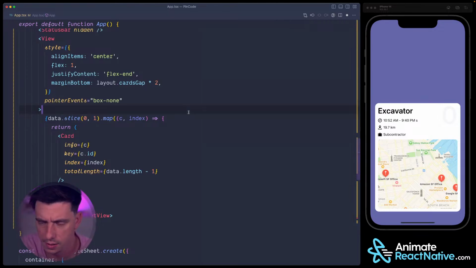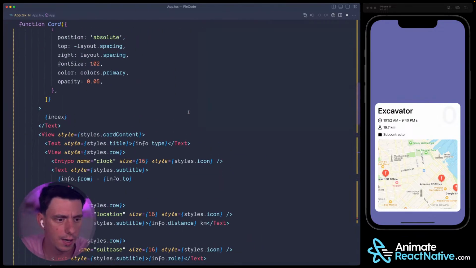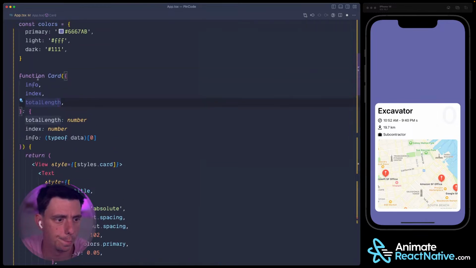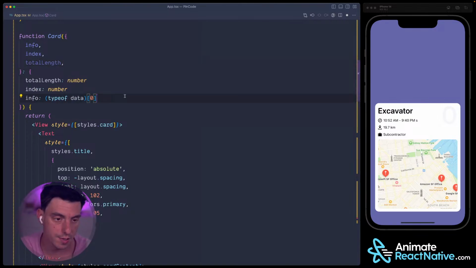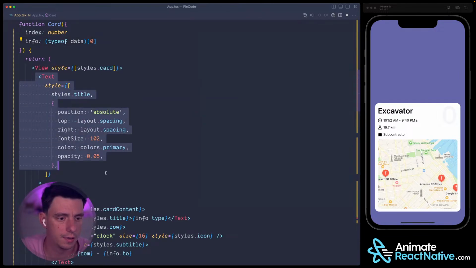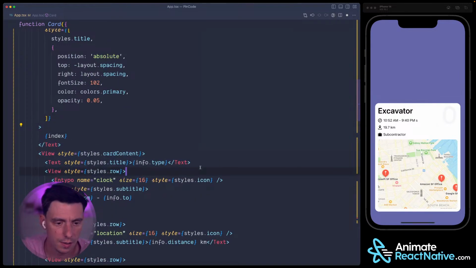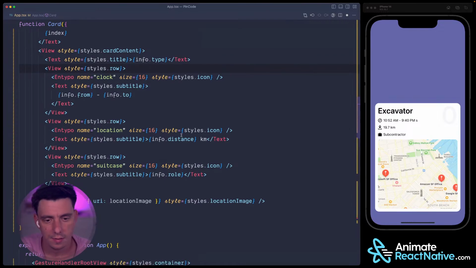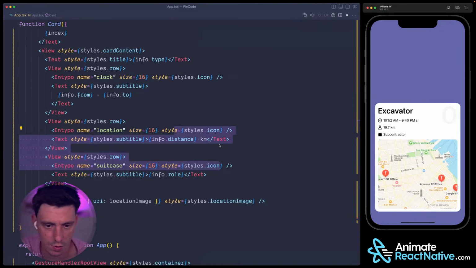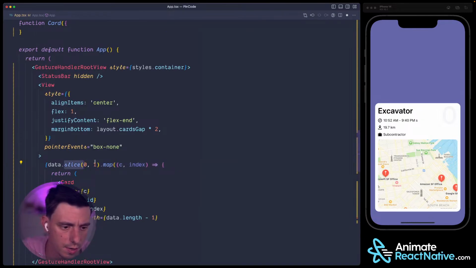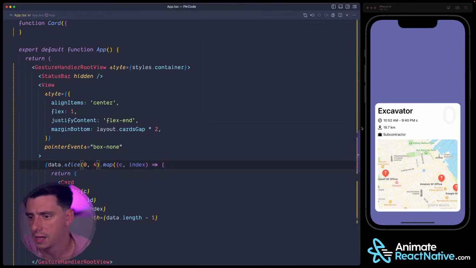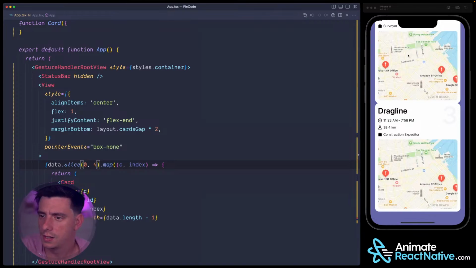I'm slicing the collection, and inside the card I'm getting this data, the total length, index, and the info, which is the type of the first item from the data, and I'm displaying some things just for UI purposes. And now if I change the slice, and let's say I'll have 4, you see that each one is displayed relatively,